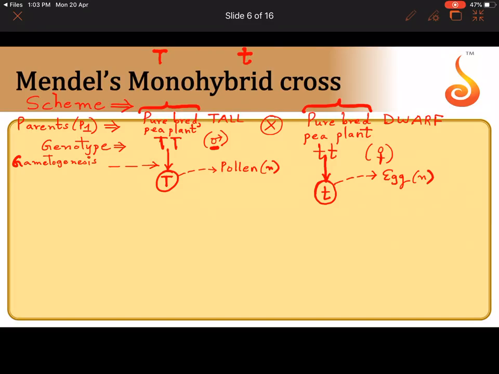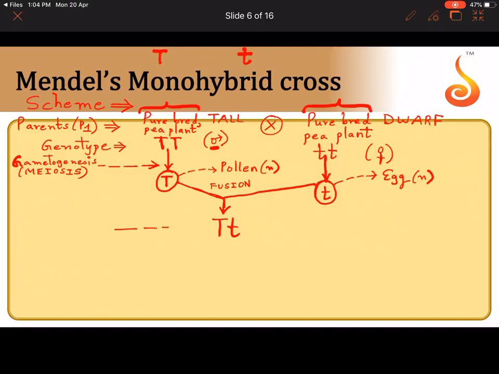And how are gametes formed? Obviously by a reductional division that is referred to as meiosis. So gametogenesis or meiosis. Yes, now see, this pollen fertilizes this egg. The male gamete in the pollen fertilizes this egg. So I must write, after cross pollination, in brackets, or above this I can write fusion. Now the resulting seed will have capital T small t.